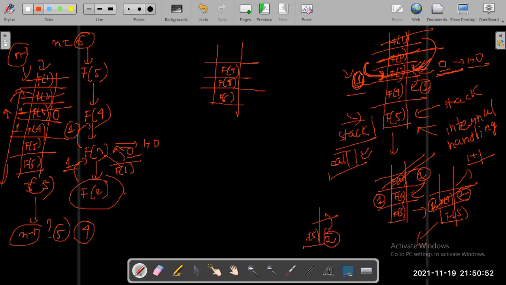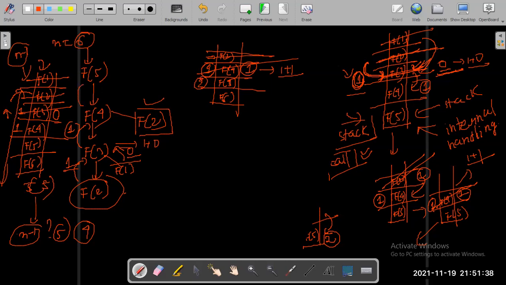Now after f of 3 has been calculated, f of 4 requires f of 2 again to be calculated, right? Is it true? So okay, I require another function call, that is f of 2, to be calculated. Push it into the stack at the top. It is fixed, so it has just one line of execution. It will get popped out and it will return. F of 4 has already got a value from f of 3 to be 1. Now f of 2 will give it value 1 again, right? So now f of 4 has got two values for itself and it will calculate itself to be 1 plus 1. It will also get popped out and it will return to f of 5 the value 2.